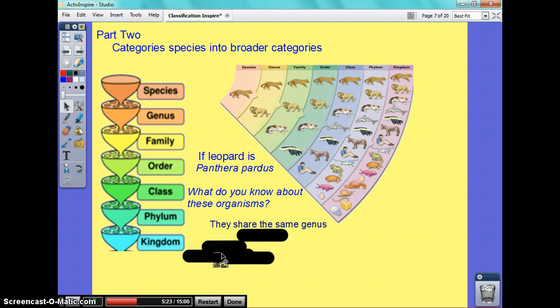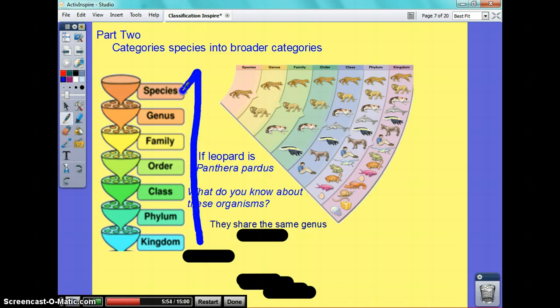So close your eyes for a minute. Actually, look at the paper and say it nice and uniform. Ready? Kingdom, phylum, class, order, family, genus, species. Now try closing your eyes. Kingdom, phylum, class, order. So now if you can't say that, realize you have to know this order. This order is going to be really important on the test because you have to know about relatedness. As you get closer to species, you could draw an arrow, the organisms become more related.